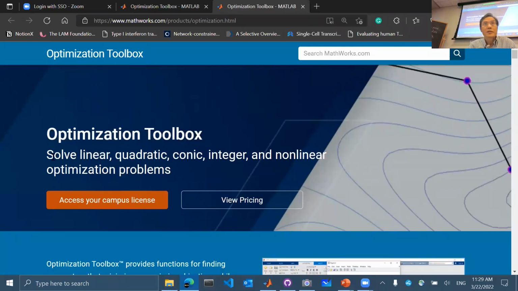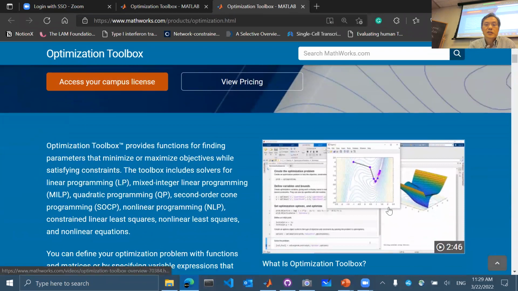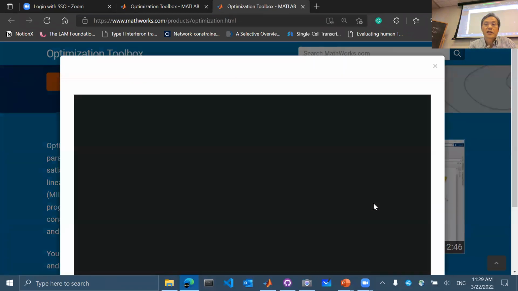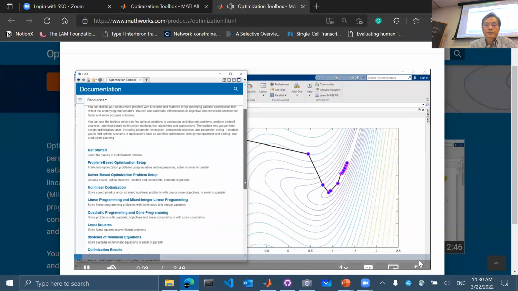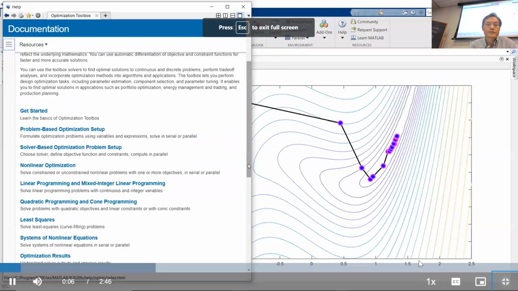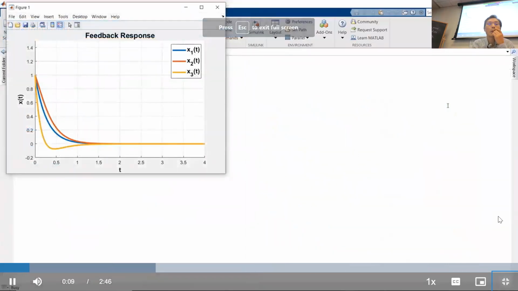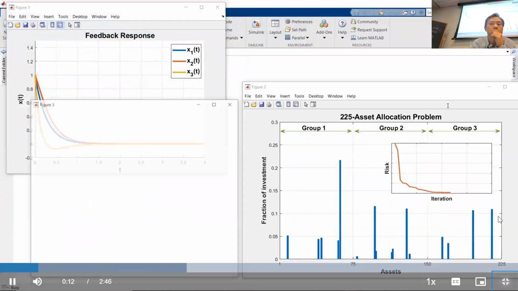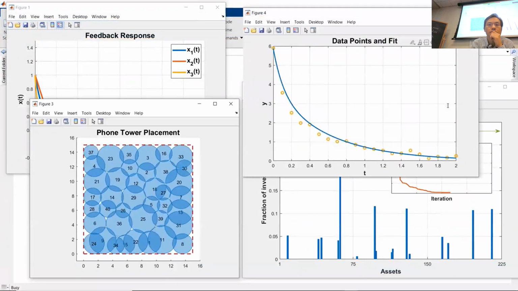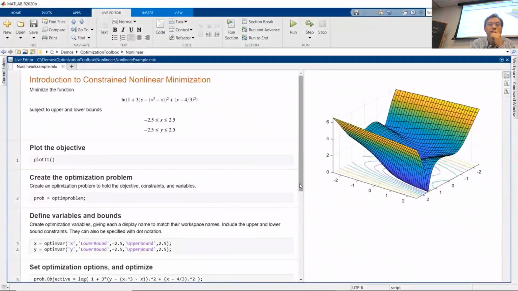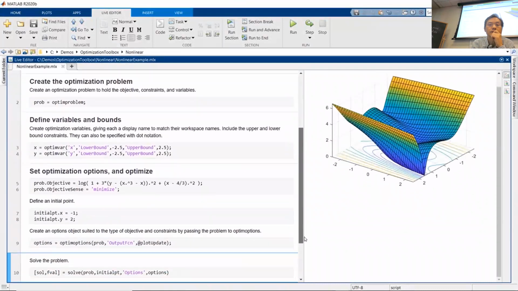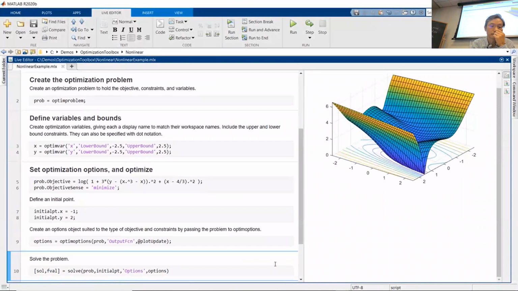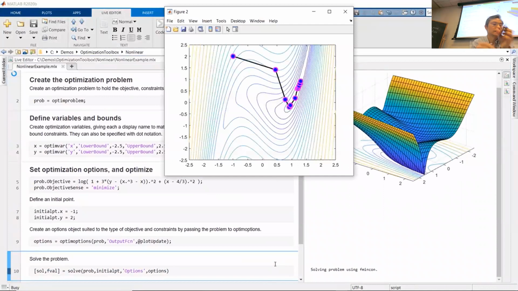So you see, there are many different ways to do this, and it depends on the application's complexity. Optimization Toolbox provides solvers for finding the maximum or minimum of an objective function subject to constraints. This enables you to find optimal designs, minimize risk for financial applications, optimize decision making, and estimate parameters. We can use the problem-based approach to define the optimization variables and the bounds, set the objective, and then solve. On this problem, the solve function recognizes the problem is nonlinear, applies a nonlinear solver, and uses automatic differentiation for